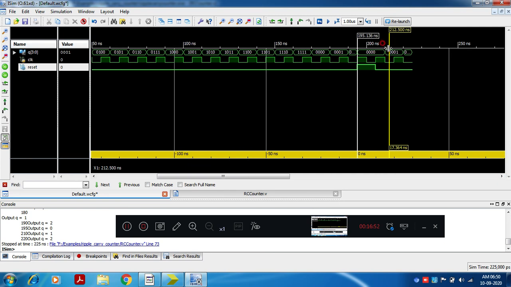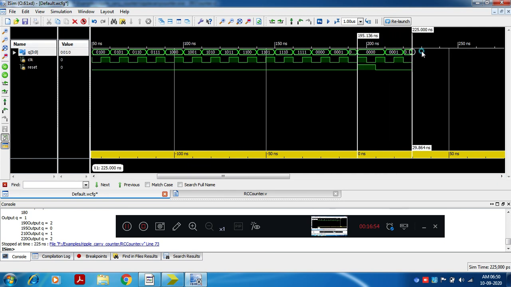And the simulation will end at time 225 nanosecond, as we have discussed earlier. One more very important observation here is that we have written a test bench. In the test bench we have supplied values for reset and generated the clock for simulation.